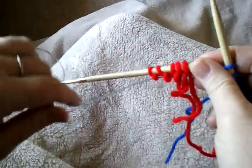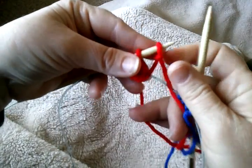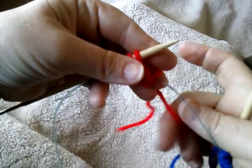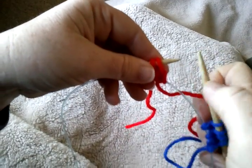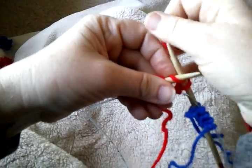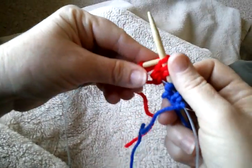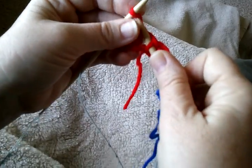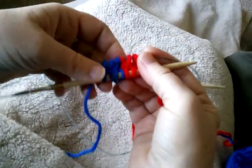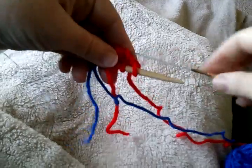You're going to do the same thing with what looks like a mess, but it's not going to be. You hang on to the working tail, drop that extra loop off, hang on to that one, lift your working tail up, and knit those 4. 1, 2, 3, and 4. Now you have your beginning stitches on the needle, and if you slide your magic loop needle back through,